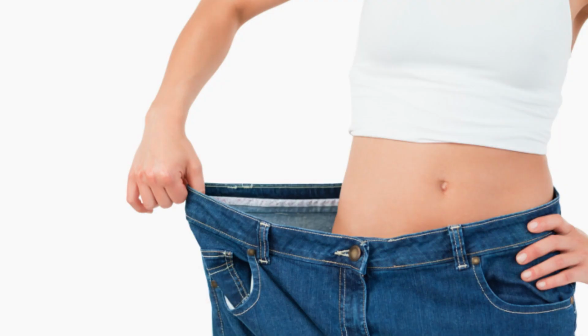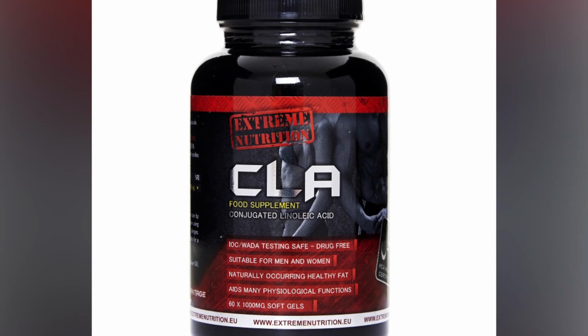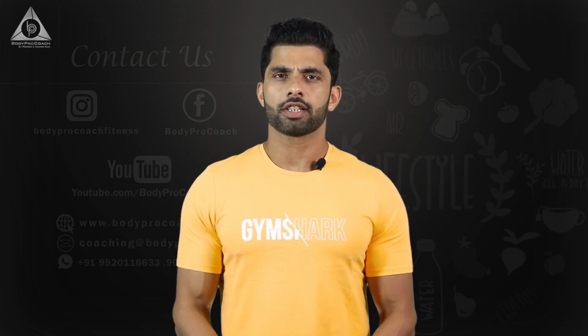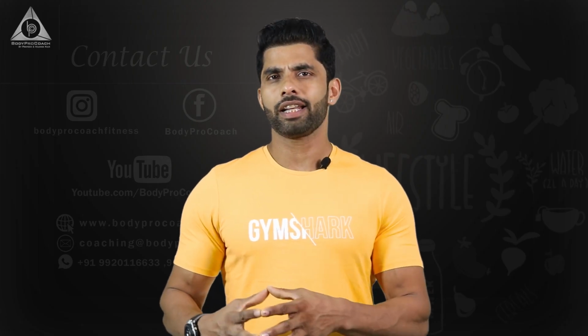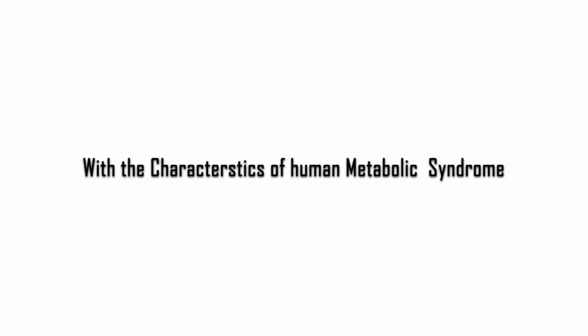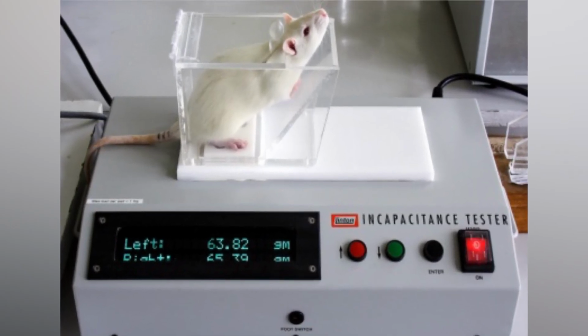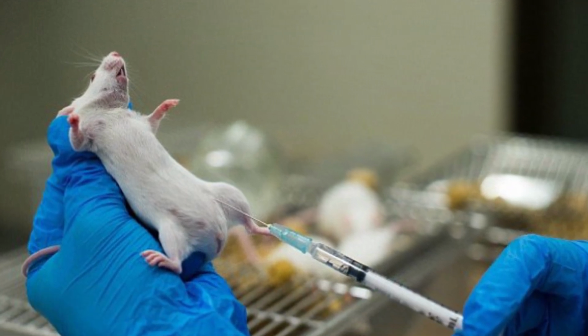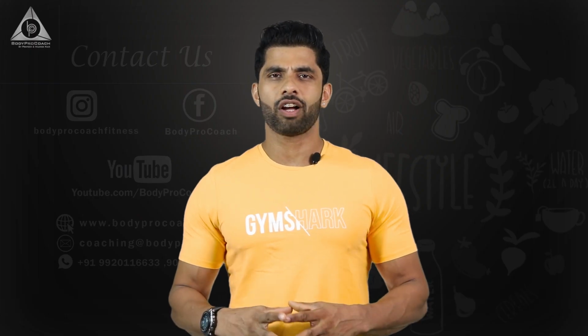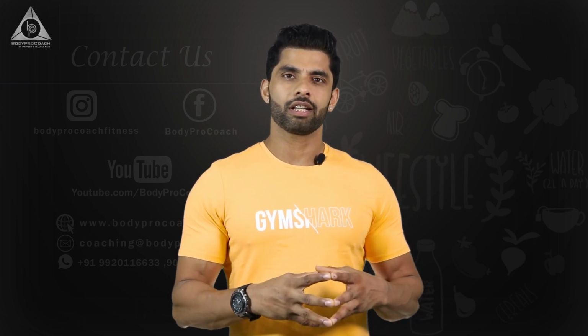According to the Office of Dietary Supplements, CLA may help you lose a very small amount of weight and body fat. There are some studies that show CLA plays a major role in breaking down the fats in your body. In 2017, researchers compared two groups of obese mice with the characteristics of human metabolic syndrome to test weight loss. The researchers gave the first group of animals CLA supplements while putting the second group on a calorie restriction diet. And the researchers found that both the groups lost an equal amount of weight, with a difference in the physical